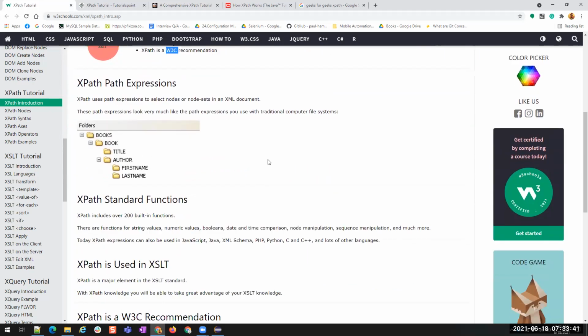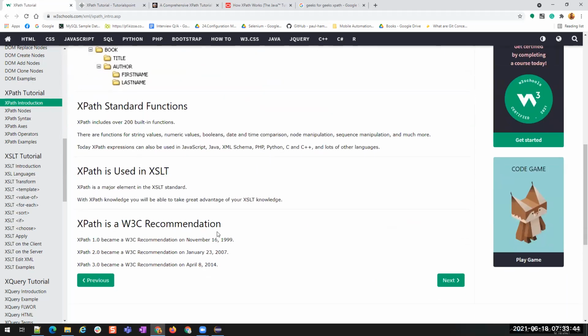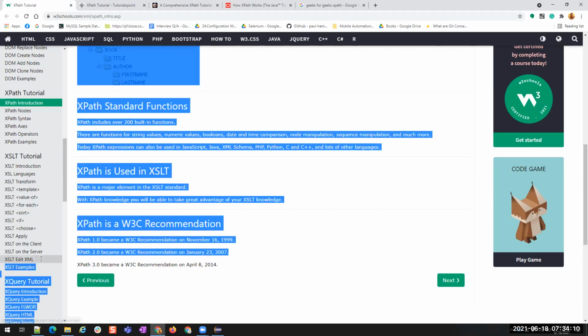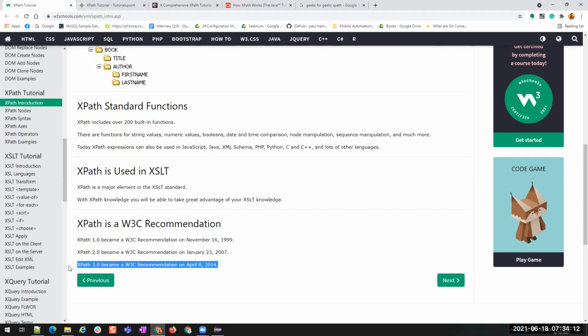We have three different versions of XPath: the first released in 1999, the second in 2007, and the third in 2014. But most applications still use XPath version 1. That is the reason we were unable to find elements when we tried ends-with. Ends-with works only on version 2 and version 3, but on version 1 it doesn't work.